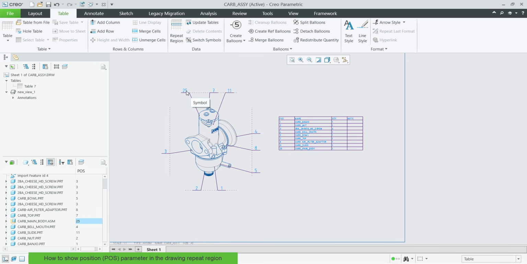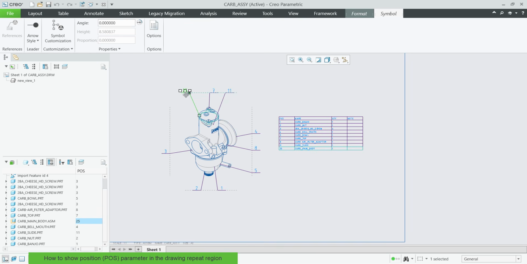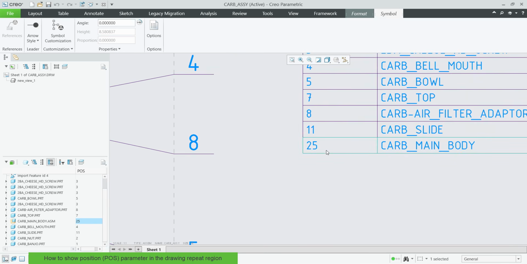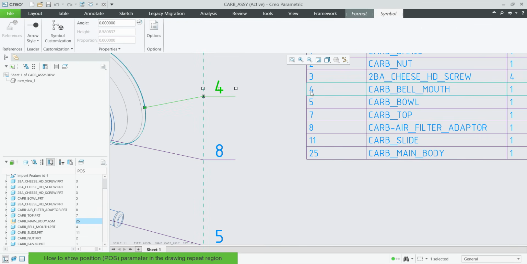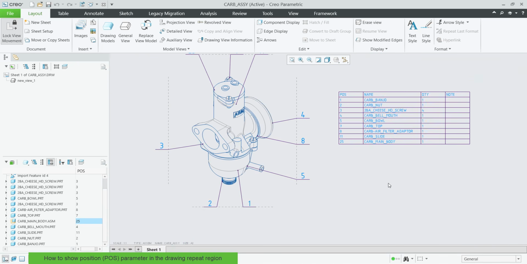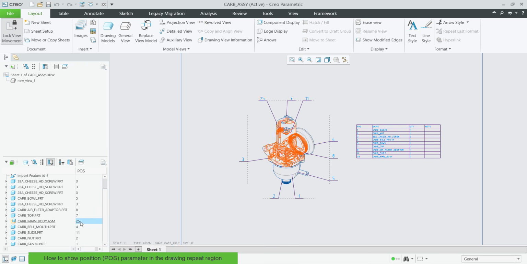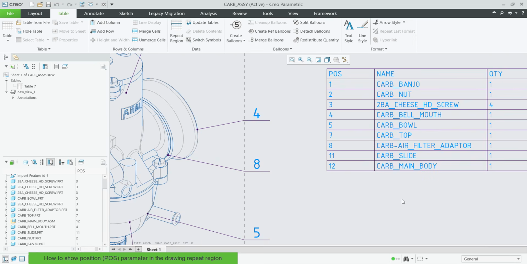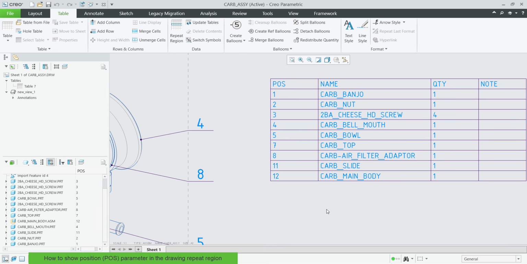If you don't like the 25 position, for example, you can see here that when I select it here, the system automatically shows and selects the row in the repeat region. If I select number 4, it will be automatically selected. And if you would like to change the number from 25 to something different, again, you are able to change it easily. And for example, will be position 12. You are able to regenerate or update the table and or regenerate the model, and the system will automatically update all information